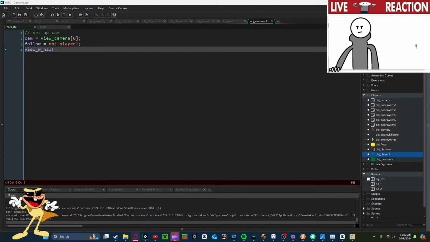This view here, this rectangle, is the top left. So we're going to want it centered on our player though, so that's going to mean we're going to